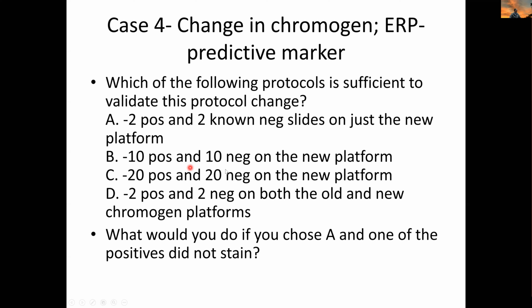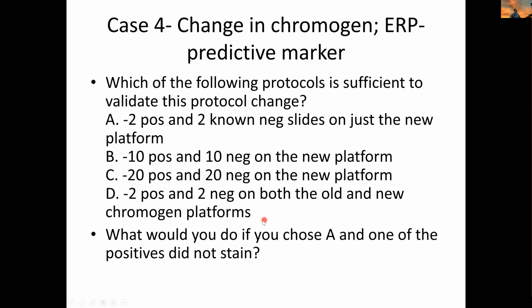10 positives, 10 negatives on the new platform. 20 positive, 20 negative on the new platform. Or 2 positive, 2 negatives on both the old and the new chromogen platforms. Well, in theory, A is a suitable and acceptable change. Acceptable choice in this situation. D would also, of course, be acceptable,